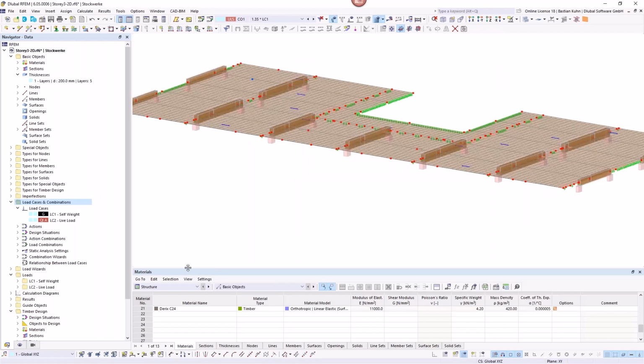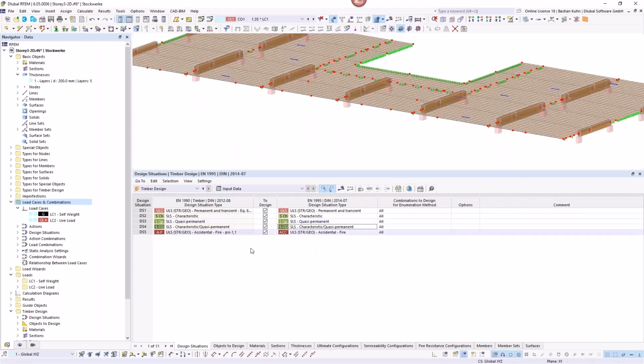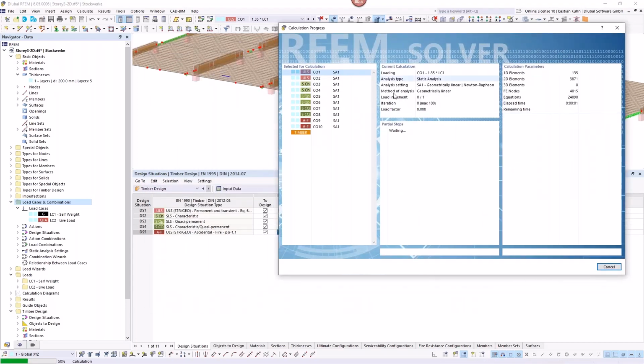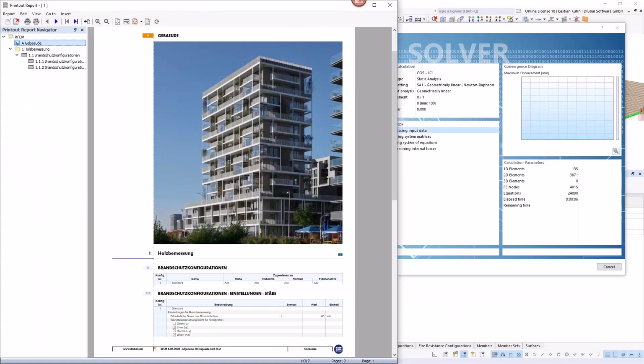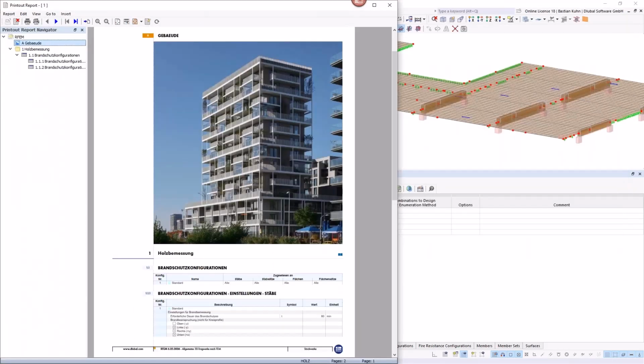And then the only thing left to do is go into the timber design and say what you want to verify in here. So we want, once again, verify ultimate limit state and serviceability limit state. And here is correctly assigned the accidental fire, vibration we will do later on. I let the software now calculate, because this gives me the opportunity to show you the printout report a little